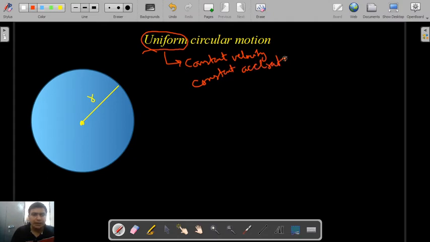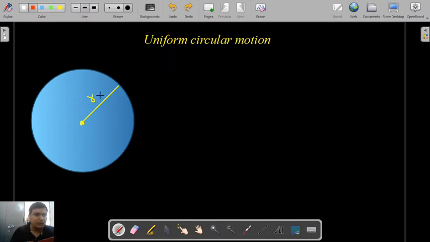So here in this topic we have to study uniform motion under a circular path, that is a circle which is present over here. Okay, so now let us consider a circle whose center is O, radius is r, and a particle starting from point A moves to the point B on a circular track.